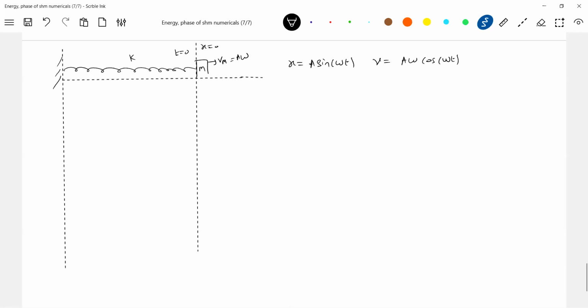Just strike it like this, like how in carom board you strike the striker, no? Like that you strike the block. It starts moving, no? I'll give an impulse, and because of that it starts moving. You started counting when the block is at mean position. So at t equals 0, what was the velocity? Put t equals 0: A omega, that is towards right. Agreed? And x is equal to 0.